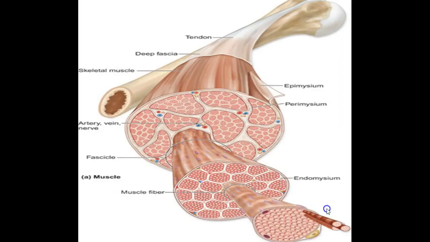Muscle fiber, muscle fiber, muscle fiber, and then the wrapping around them. So this right here is going to be the endomysium. If you think about it in terms of a full organ, the muscle is the full organ. The fascicles are going to be the tissue, and the muscle fibers, down here, are going to be the actual cell. And then we're going to get to the myofibrils, which are going to be these structures